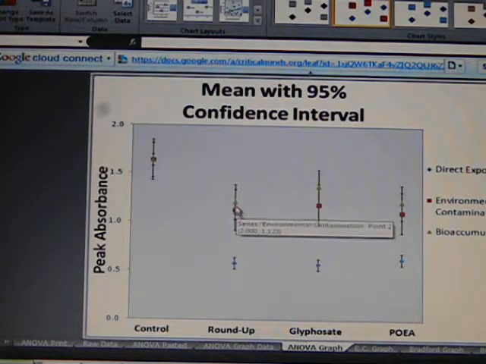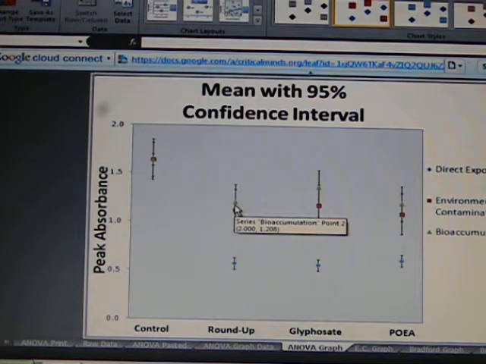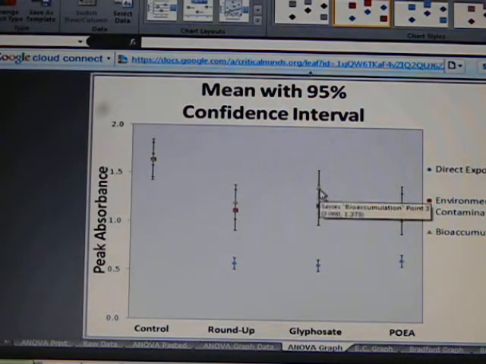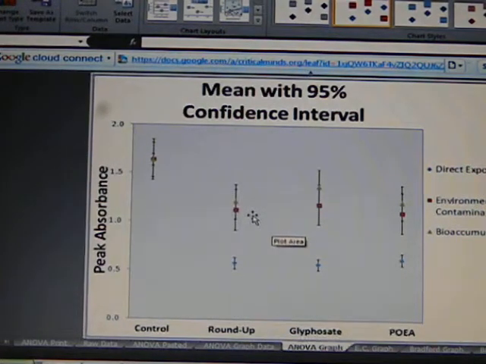When you look at the effects due to bioaccumulation, the Roundup was lower than POIA, but it was the weakest in glyphosate, which is kind of interesting and kind of cool, because when they say that glyphosate isn't an ACHE inhibitor, perhaps that's why, because it might not be if you just looked at that alone compared to the control group. But you did a t-test and it said it was, so who cares? Anyways,